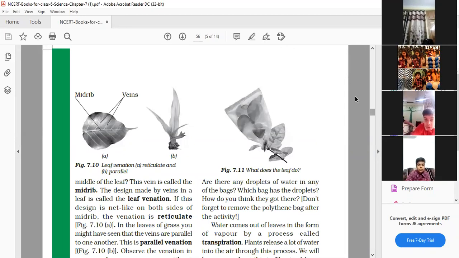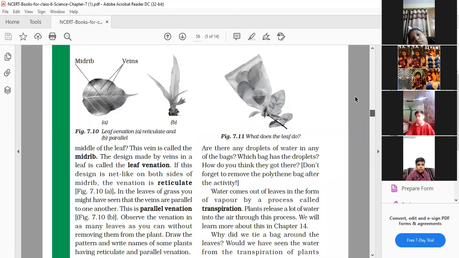types of venation which are present in the leaf. So I must tell you, I am having a leaf in my hand, and you can see all that what type of venation is present in this leaf. Either the veins are parallel or the veins are net like design is there on both sides. So I am thinking that the leaf which I am holding is having a reticulate venation because there are no parallel lines. All the veins are spread, or the net like structure is there on both the sides of